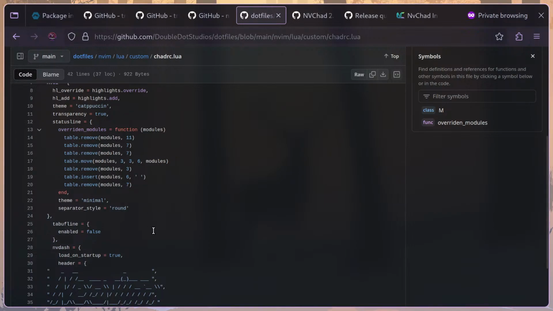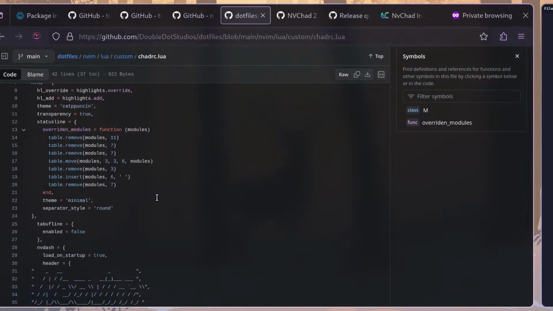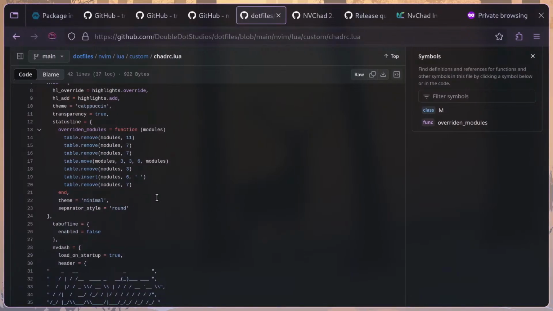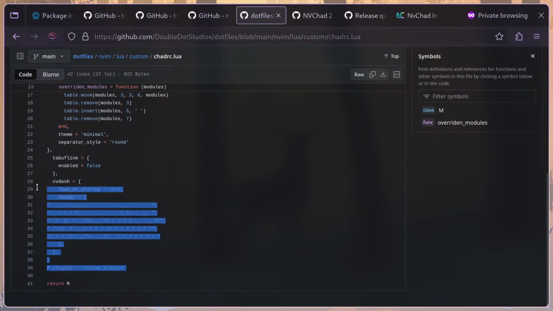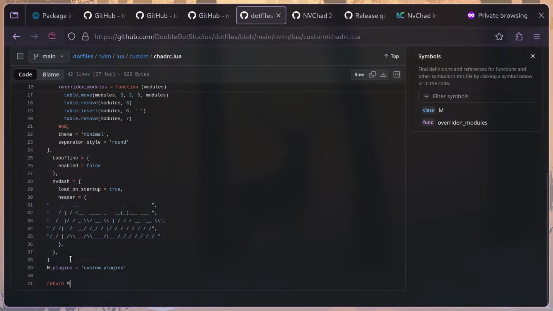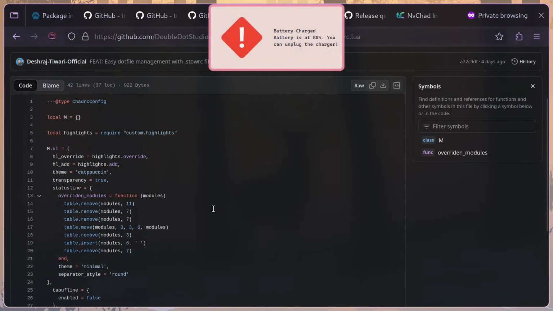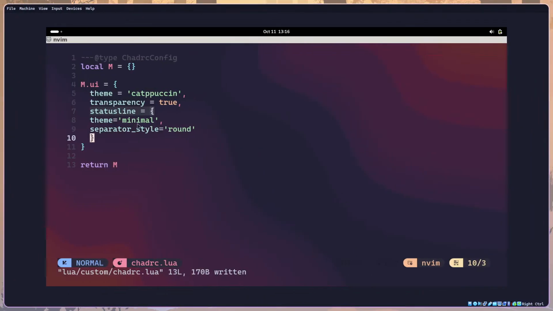We can do this overridden modules thing. It's very annoying. I don't really like it. But we can do it if we want to. I think we will. We also need to do all of this. Specifically this bit. NvDash is awesome. We can also do custom highlighting and